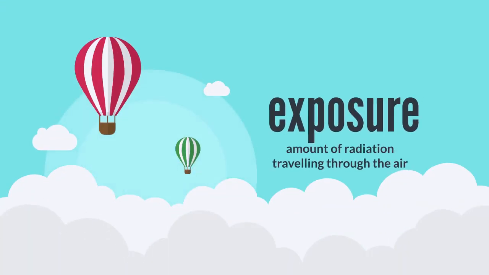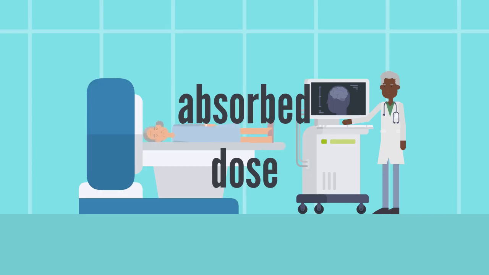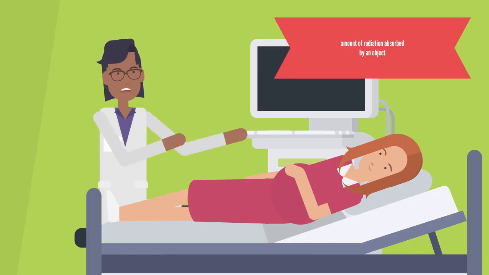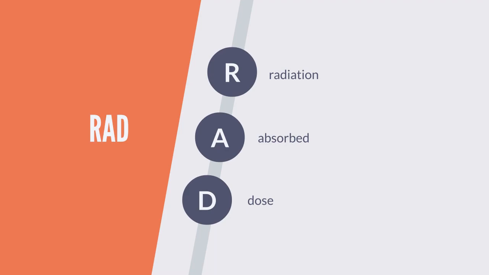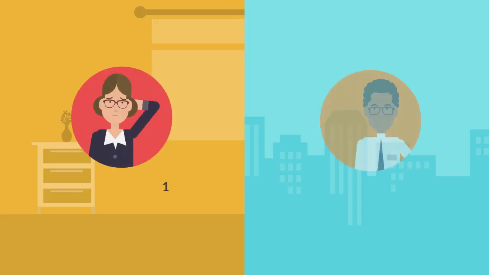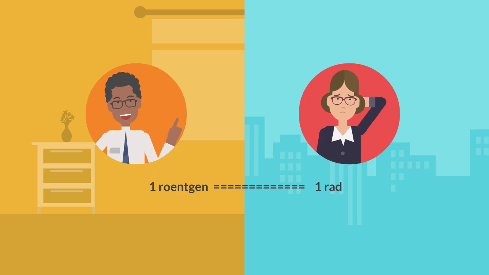Exposure is the amount of radiation travelling through the air, measured in Roentgens. We won't say any more about this as it's not particularly useful in itself for our purposes. The absorbed dose, as the name suggests, is the amount of radiation absorbed by an object, measured in rad, the acronym for radiation absorbed dose, or grays, with a gray being 100 rad. For the most part, 1 Roentgen is the same as 1 rad, but again,